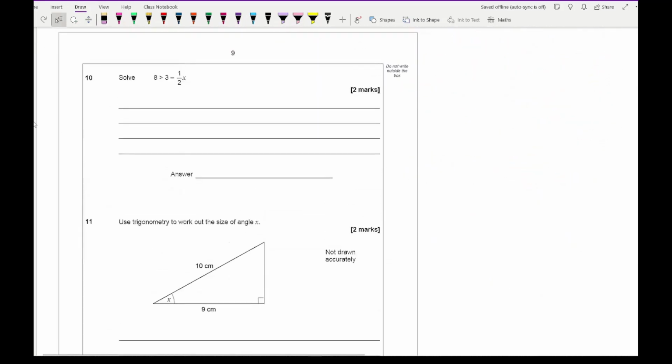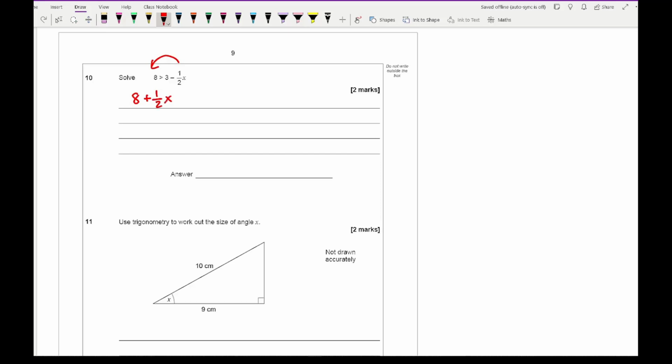So moving on to question 10. So this is looking at inequalities. Now, there's several ways in which you can do this. As long as your final answer looks the same, it is entirely up to you how you do this. I always say, whenever you've got a negative x, always take it to the side to make it positive. So here what we've got is to take that negative x over to the side, end up with 8 plus a half x is greater